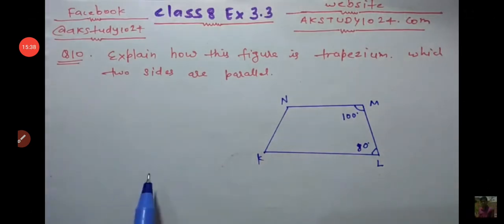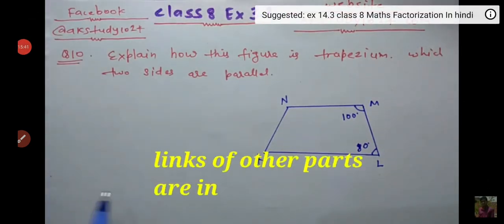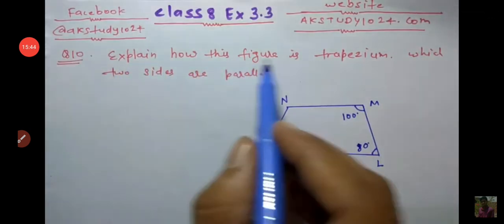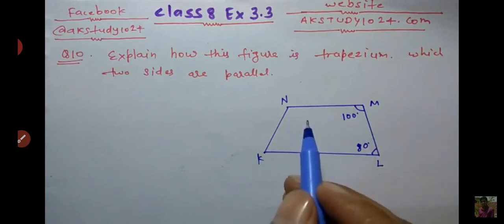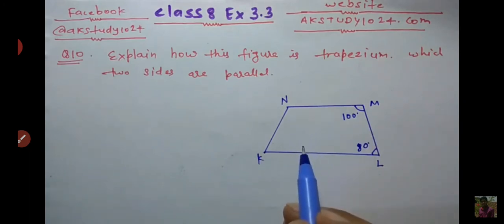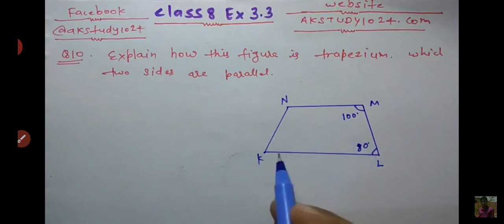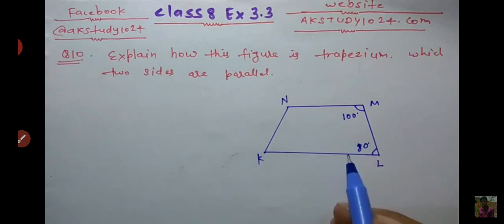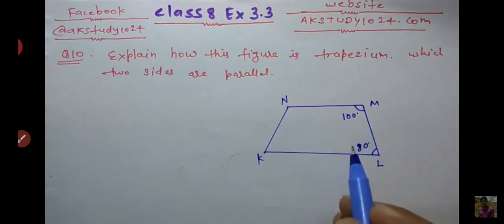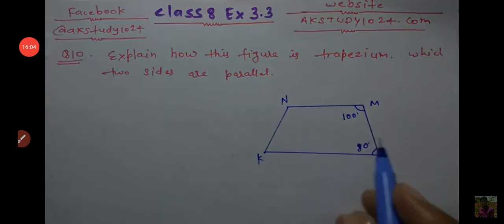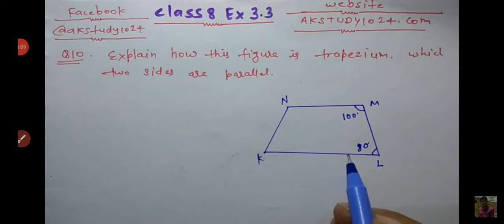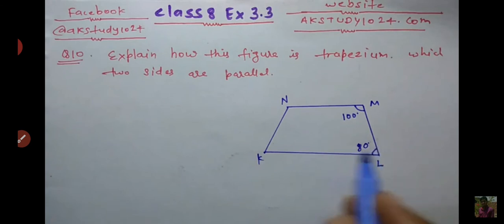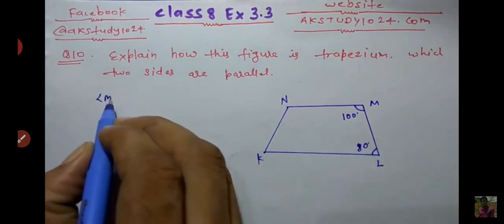Now read out question number 10. Question number 10 is: explain how this figure is a trapezium, in which two sides are parallel. See this figure. This is 100 degrees. This is 80 degrees. And you have to show how it is a trapezium, which of its two sides are parallel. So let's find. See, these two angles are given. And you know the property of a quadrilateral: if the sum of adjacent angles is 180 degrees,